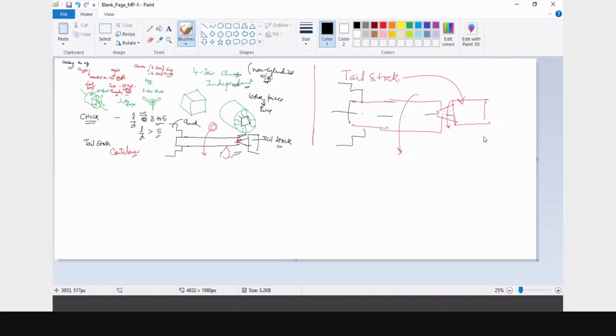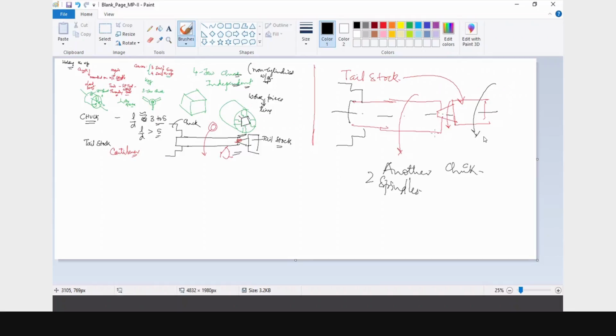Okay. Somebody is asking, can we use another chuck? Possible. But the chuck has to rotate, so if I want one more chuck and want to rotate it, you need two spindles.